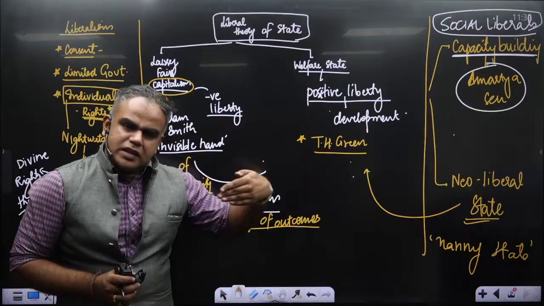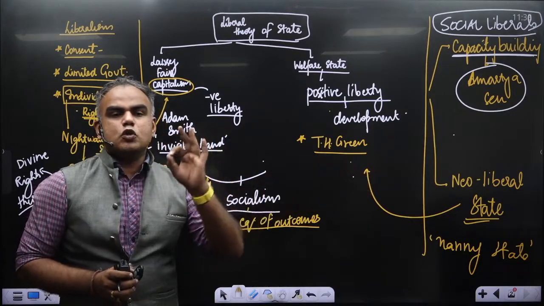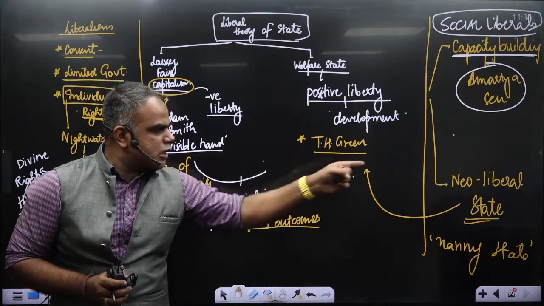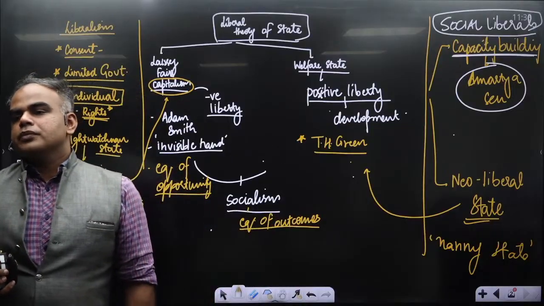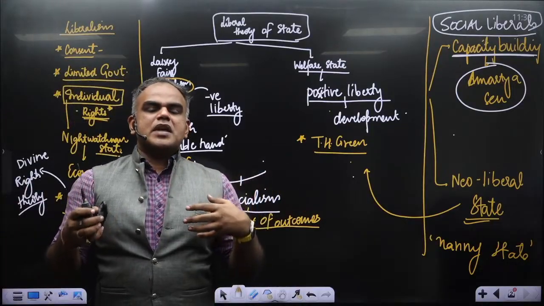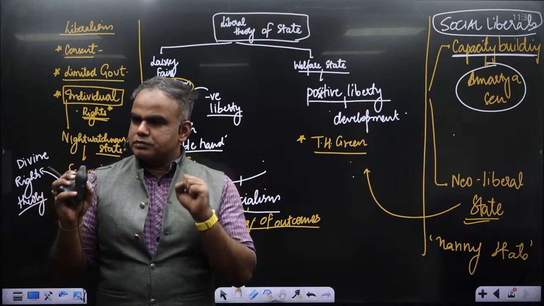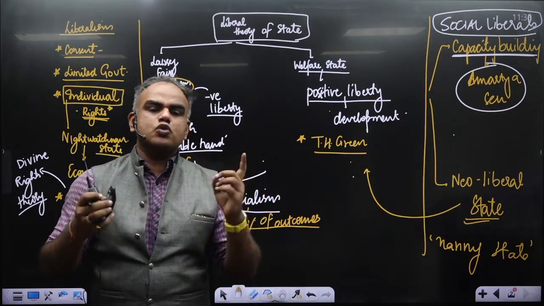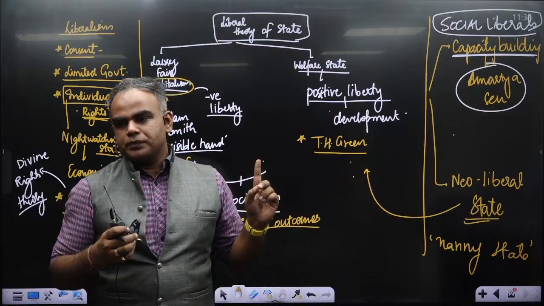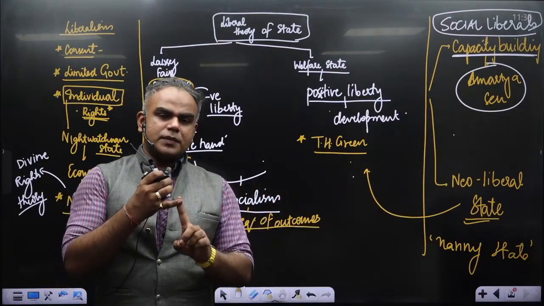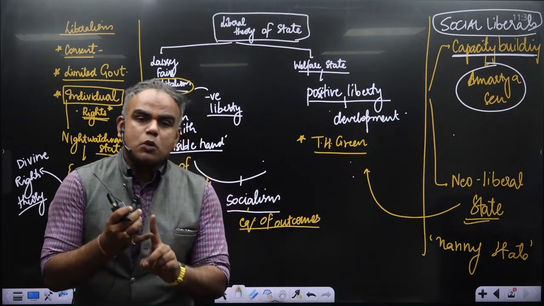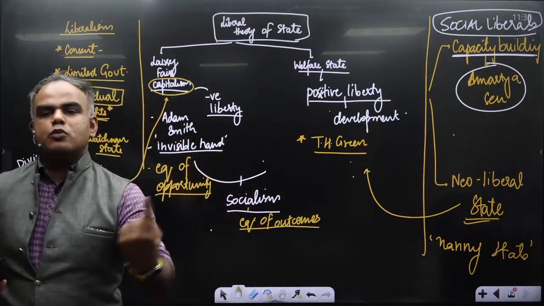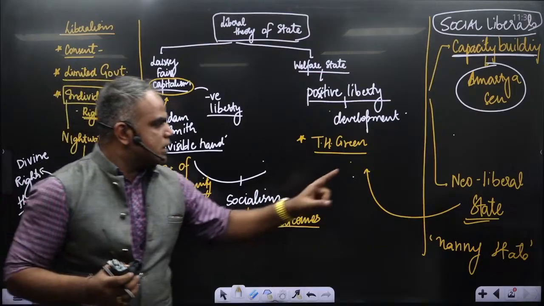Everything will go fine, but again remember the 2008 market crisis. The 2008 market crisis will make the claims of the neoliberal state hollow. The neoliberal state simply says that there are institutions which are too big to fail. But we also saw the collapse of Lehman Brothers, which culminated into widespread issues across not only the US but around the world. So even neoliberal theory will face challenges. Second, if the state does not take into account inequality, you will again see the rise of socialist and left movements around the world. So even this is facing challenges.